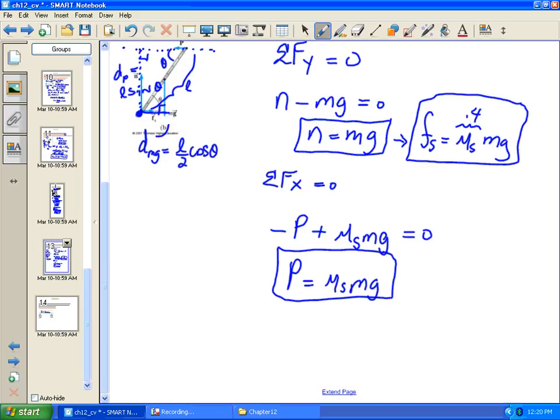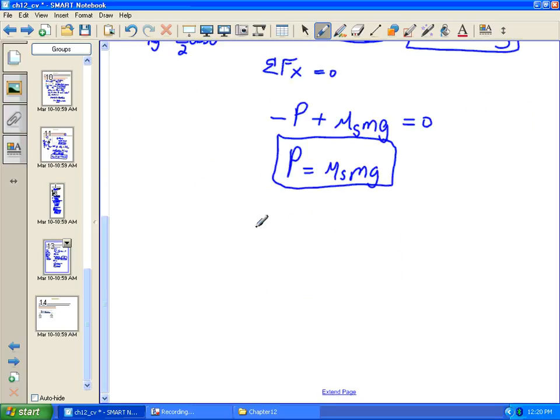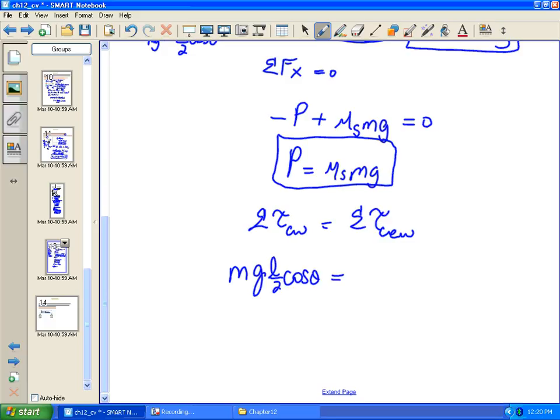And we can see that mg produces a clockwise torque, P produces a counterclockwise torque, and N and F sub s will not produce any torque since the moment arm is 0. They are at the point of interest. So torque clockwise equals torque counterclockwise. That gives us mg L over 2 cosine theta equals